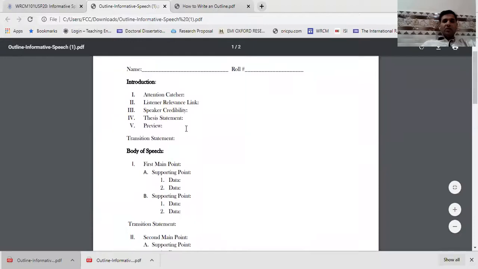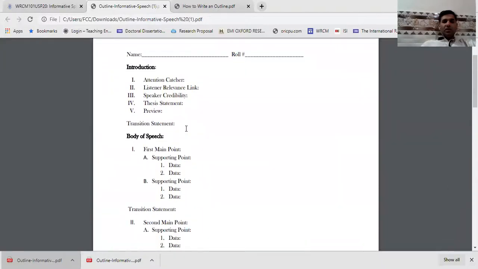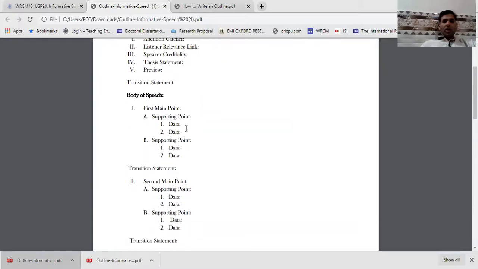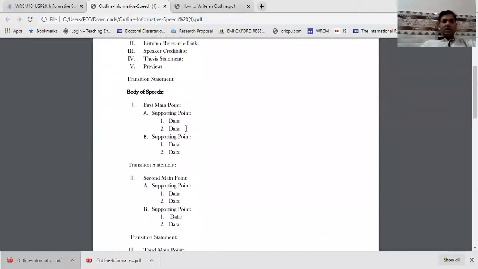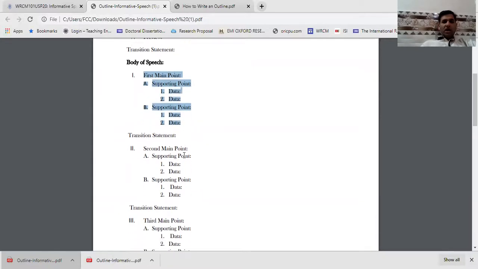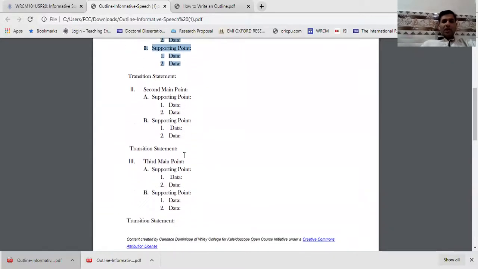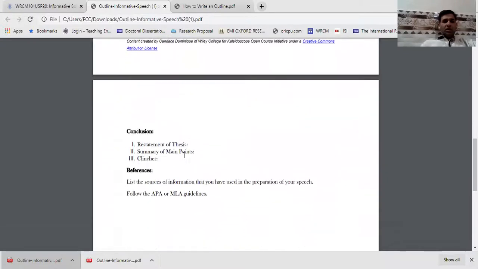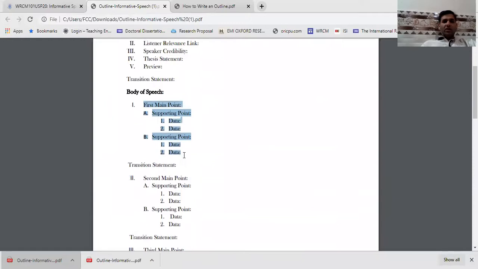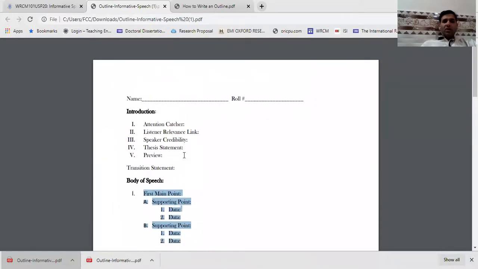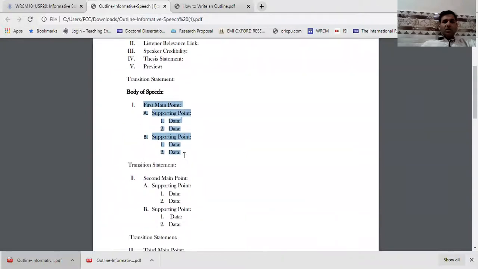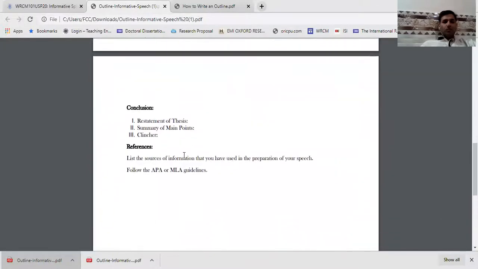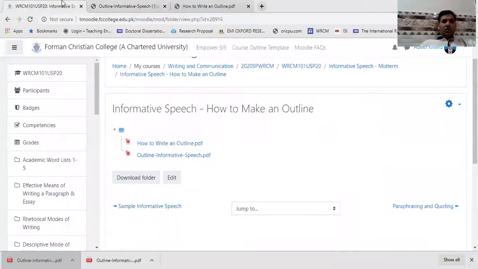This is the worksheet that I'll need you to submit when you submit your PowerPoint presentations. As I said earlier, the first main point up to here will be okay in the body of the speech. If you want to work further on that, I'll be very happy. But in the body, you can restrict yourself to the main points. I'll be looking at the introduction, the main point, the first point, and then the conclusion. All right. If you go back to the informative speech,